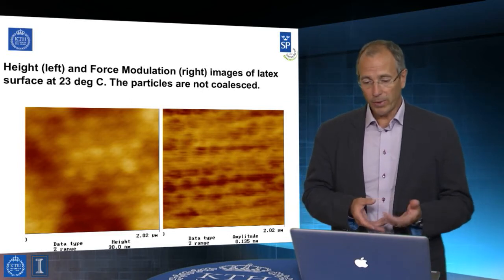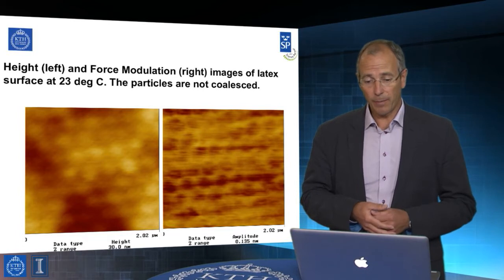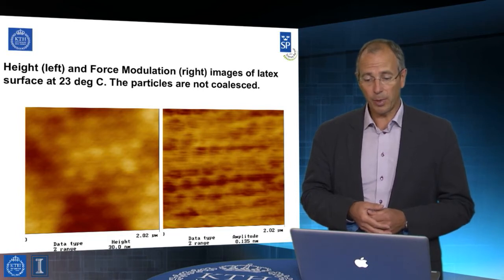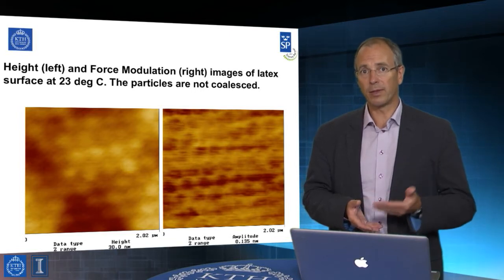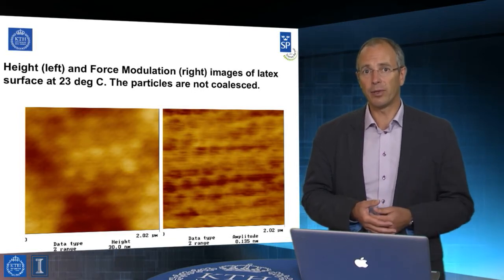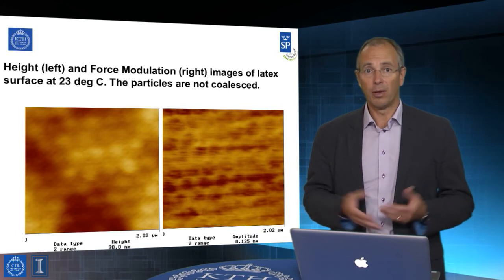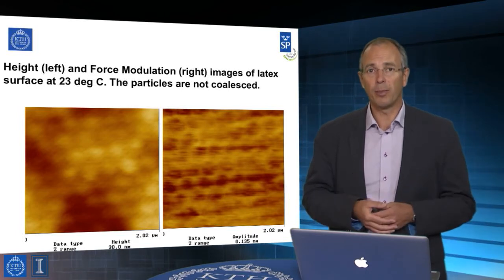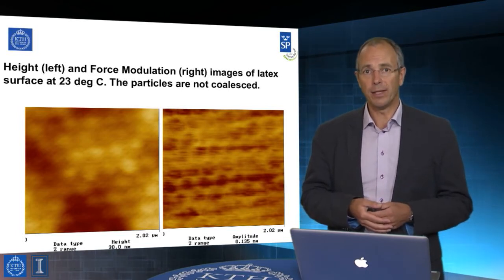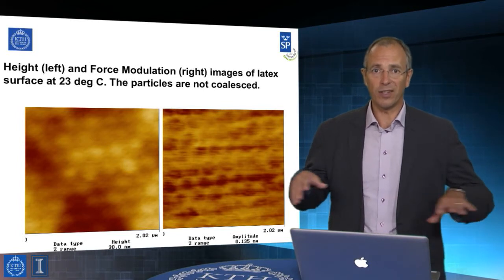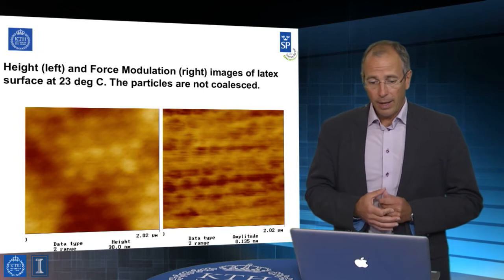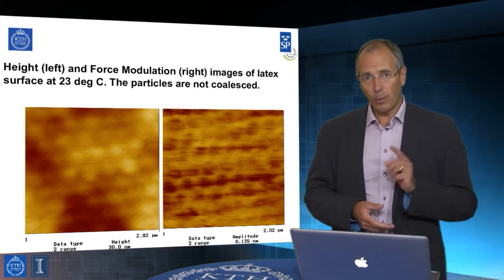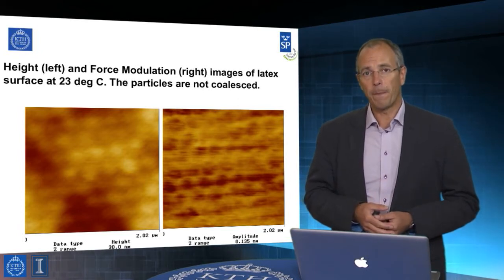And this process in this case has been followed using force modulation spectroscopy, looking at latex surfaces which have just been successively cured at different temperatures. The higher temperature you have, obviously the easier it is for the polymer chains to interdigitate and for the spheres to diffuse into a continuum. So this is at 23 degrees, and when these images were taken,